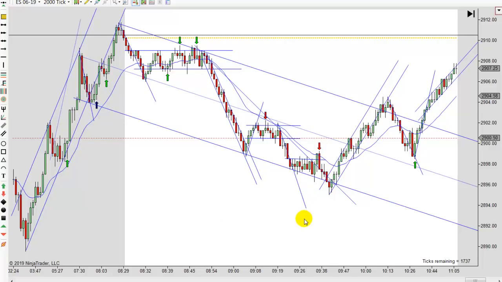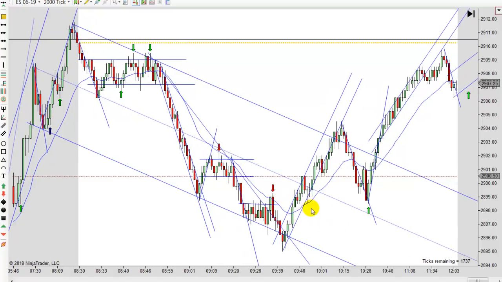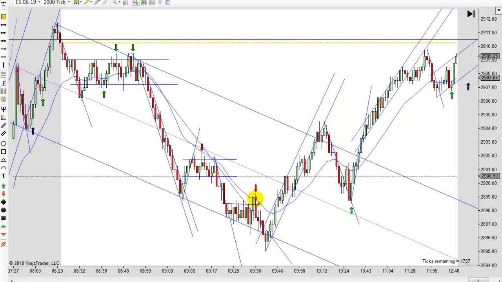So it fits the rules. It's a little bit risky. I mean, I wouldn't say it's a little bit risky, but this is close to being green, I guess is what I'm trying to say. It's borderline. So there's some reasons to say, hey, I don't want to take that trade. But there's reasons to like it as well. You don't want to miss another move like this, but you don't want to break the rules to enter. And entering this, you wouldn't really be breaking the rules. It's a failed break. It's the first break of a big trend line. It's right off the EMA. It's a big bearish bar. I mean, you got a lot of reasons to like it.